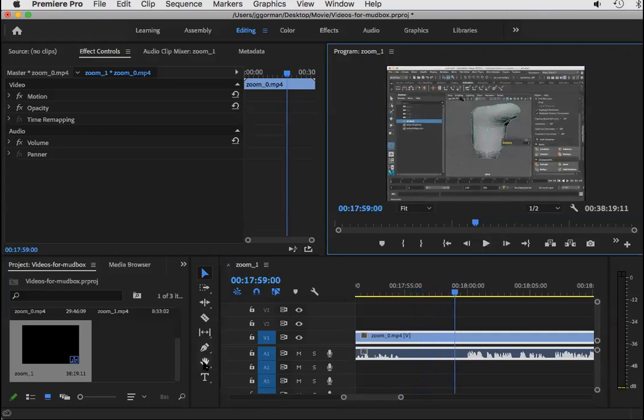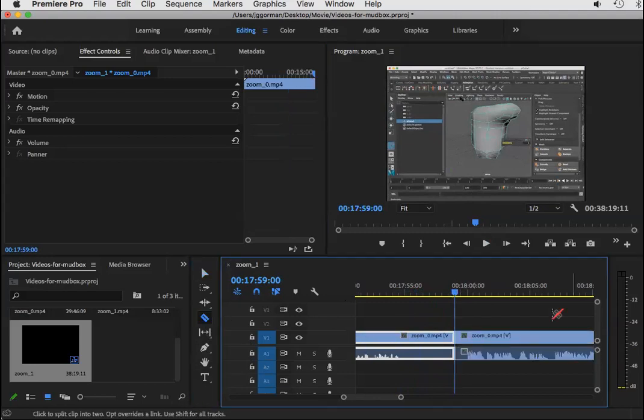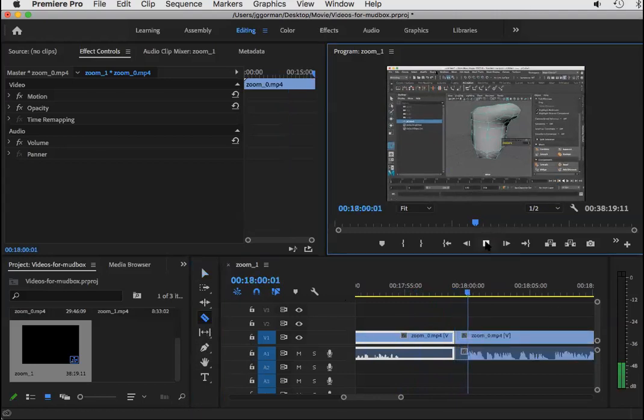Okay, so I'm going to cut here with the razor tool. Okay, then we have two